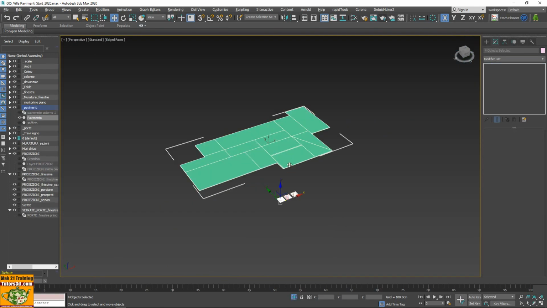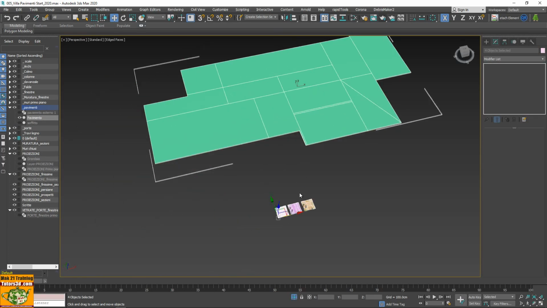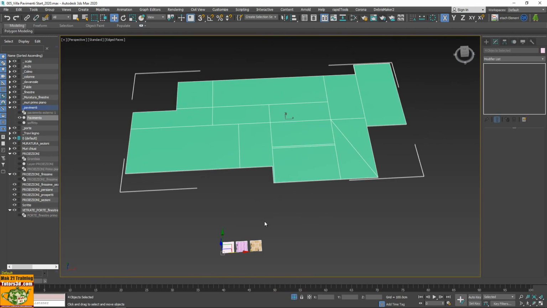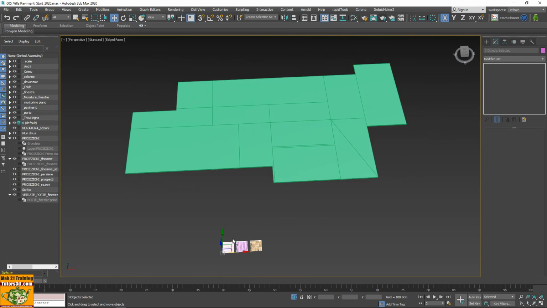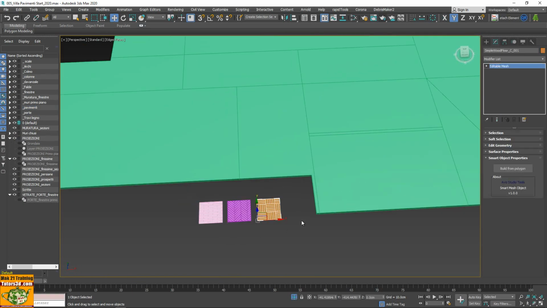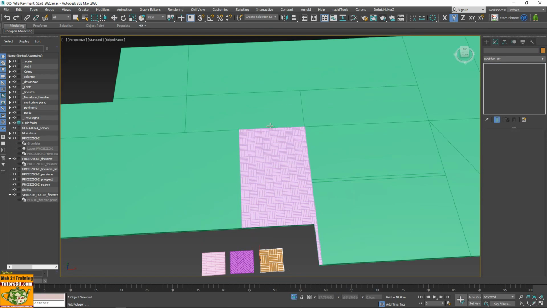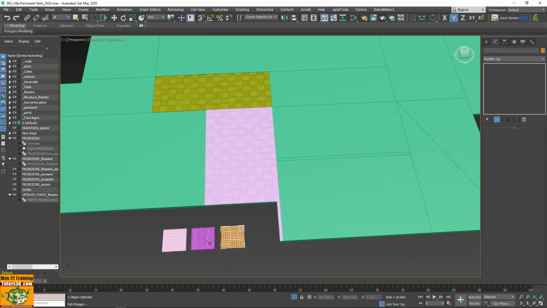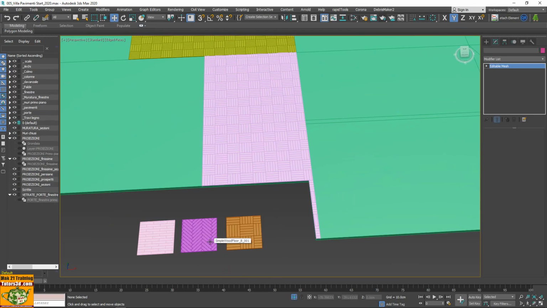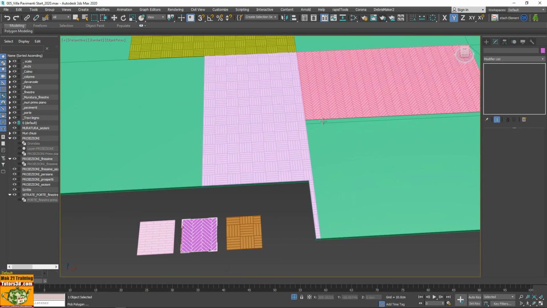I say Alt-Q and here I have the opportunity to decide different types of paving areas. So it will be enough to select the one we like best, for example this one. Build. I click here. It does this for me. If I want to continue, I click here and it makes me this one. For example, I made a click by mistake and it built a floor for me. I say build, for example here, and in the middle there is the wall, so it doesn't do it for me.